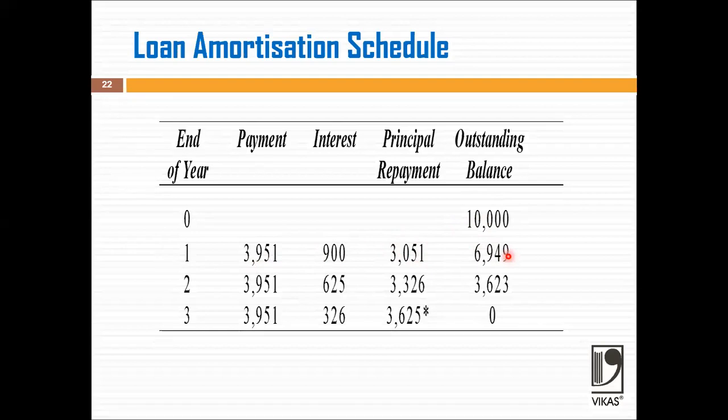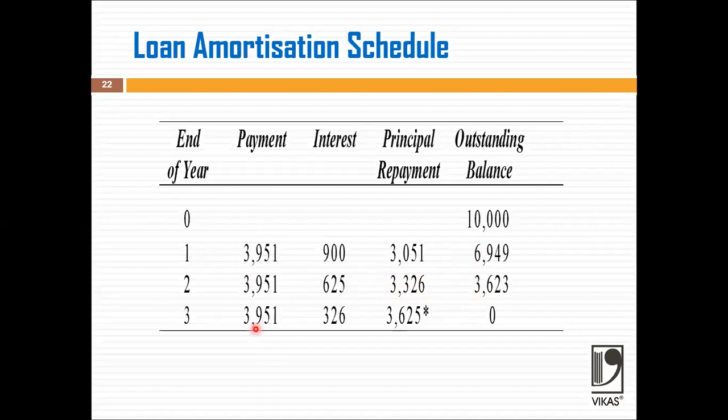And then again at the end of year 2, you see the same amount of installment, right? Equal amount of installment, and this consists of 625 rupees as interest and 3,326 as the principal repayment. To find the outstanding balance, 6,949 is the balance at the beginning of year 2. Then the principal repayment made in year 2 is 3,326. This value minus the capital repayment equals 3,623. Likewise, in year 3,